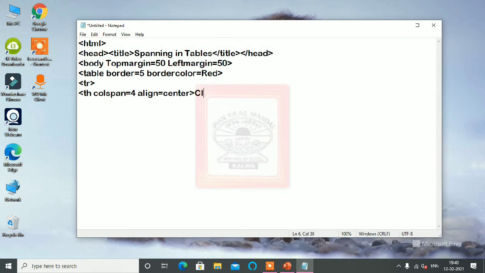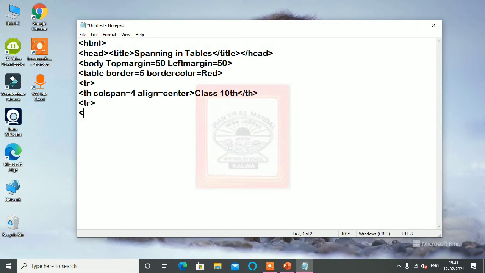Now just write here, class 10th. Then this heading is finished, and this row is finished. But this one TH is equivalent to 4 different columns. So this table consists of 4 columns because we used colspan 4 at the start.